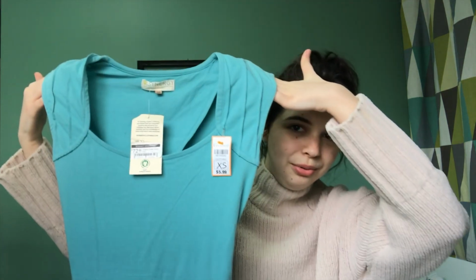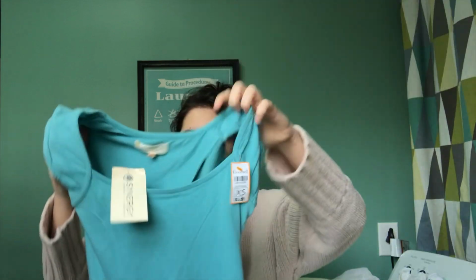It is this blue dress. I got it for $6. Still has the tags on it, and the original retail price was $72. It's one reason I thrift. It's all about not having to spend a lot of money. And what drew me to it was that it had these absolutely gorgeous, like,